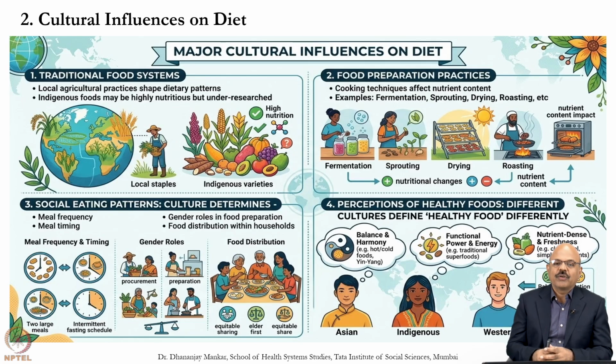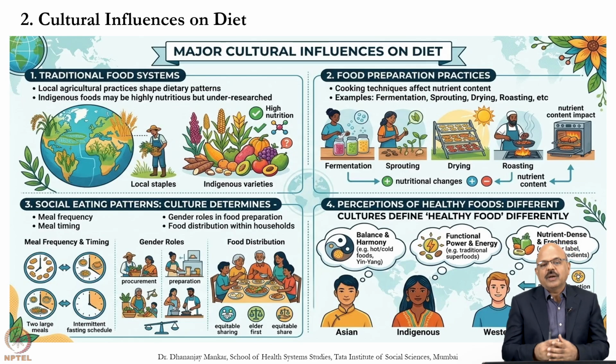Now coming to food preparation practices, as I stated previously, fermentation, sprouting, drying, and roasting are seen as different practices, not only with respect to taste, but as techniques concentrating on nutrition content. For example, fermentation is seen more towards digestion, sprouting increases the richness of nutrition value, and drying is seen as preservation and sustainability, sometimes even with hygiene, sanitation and storage purposes.